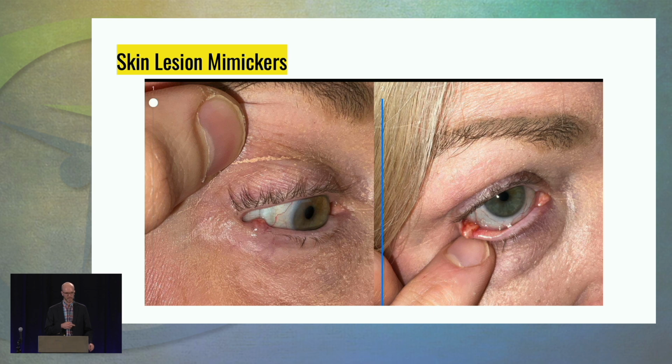This one was interesting. When I first saw this, I was sure it was a chalazion. It was a little weird that it was presenting upward instead of outward, but weird things happen. As I cut into it, treating it like a chalazion, it was more solid. It wasn't that typical goopy stuff that comes out of there, so I decided I would just send it off for biopsy just because it looked weird. And it came back as sebaceous carcinoma.